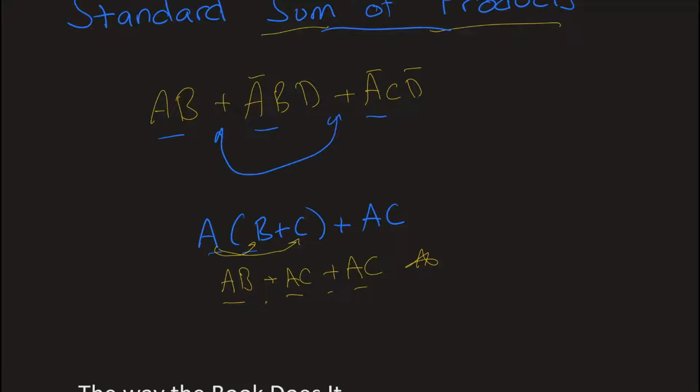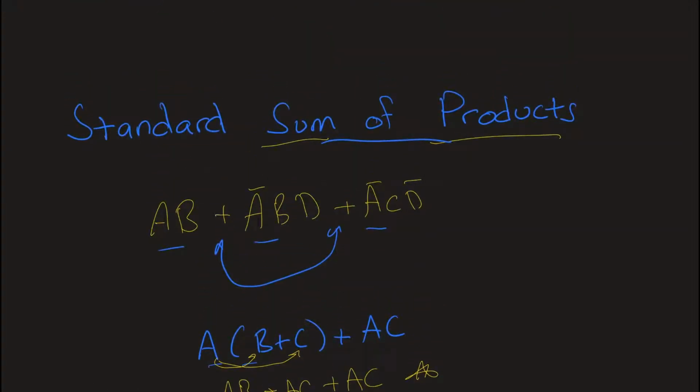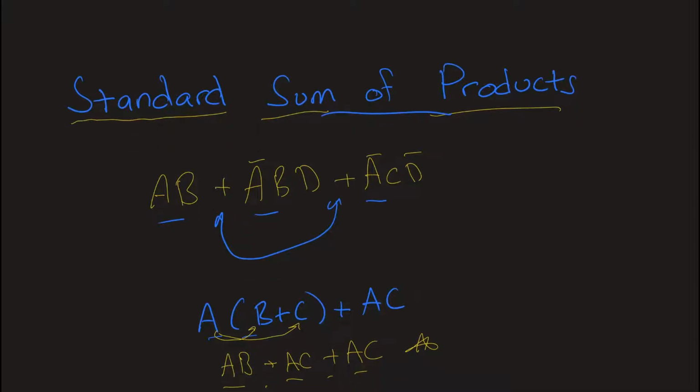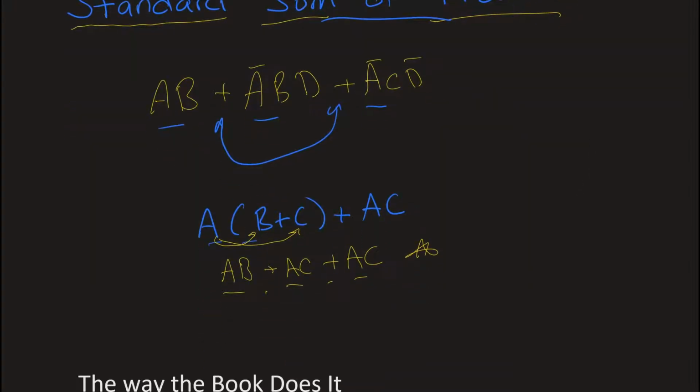Distribute everything, and you'll always be left with a sum of products. We need to take it one step further, though. We need it to be a standard sum of products. And what that means is that every term, so every product, uses every